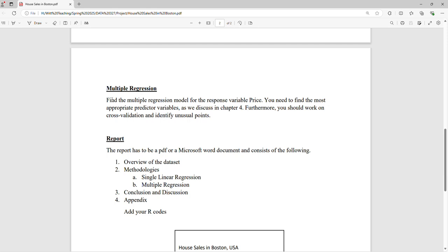The second part goes through chapter 4, multiple linear regression. This is something we haven't done yet, but once I start chapter 2, you can start this part of the project. You have to find a multiple linear regression model for the response variable price. You have to use some techniques that we will be discussing in chapters 2, 3 and 4: how to find appropriate predictors and how to check that the model is suitable, or that it is the best fit. You should work on cross validation that we will discuss in chapter 4,